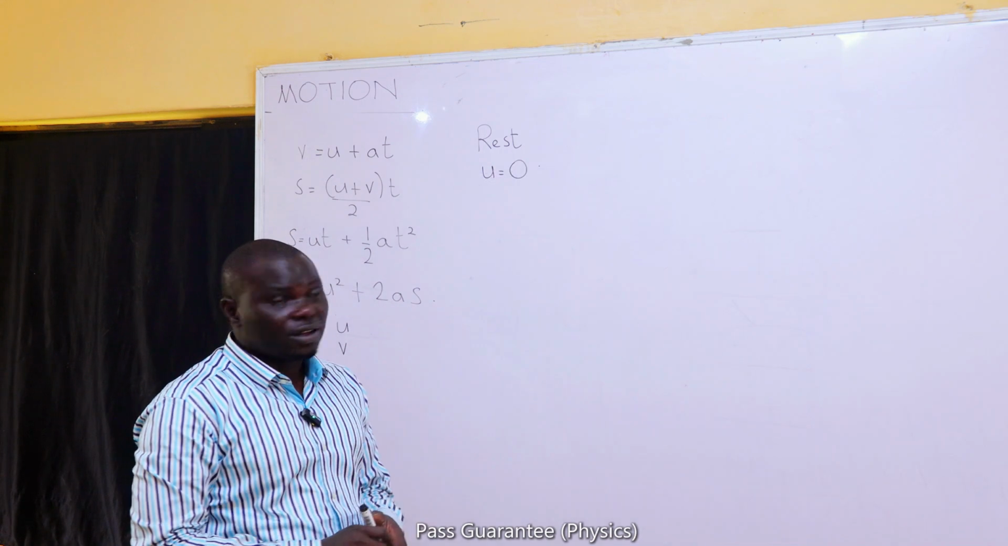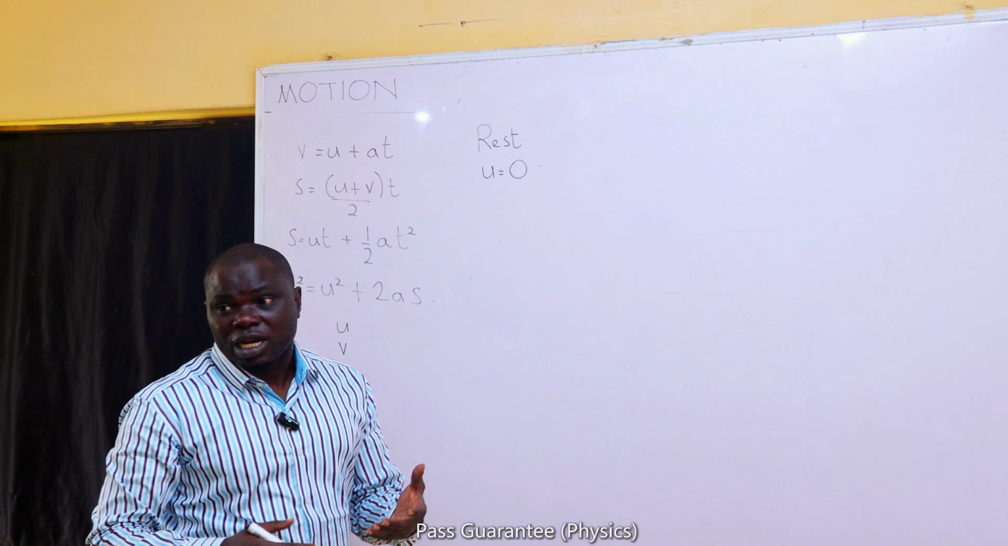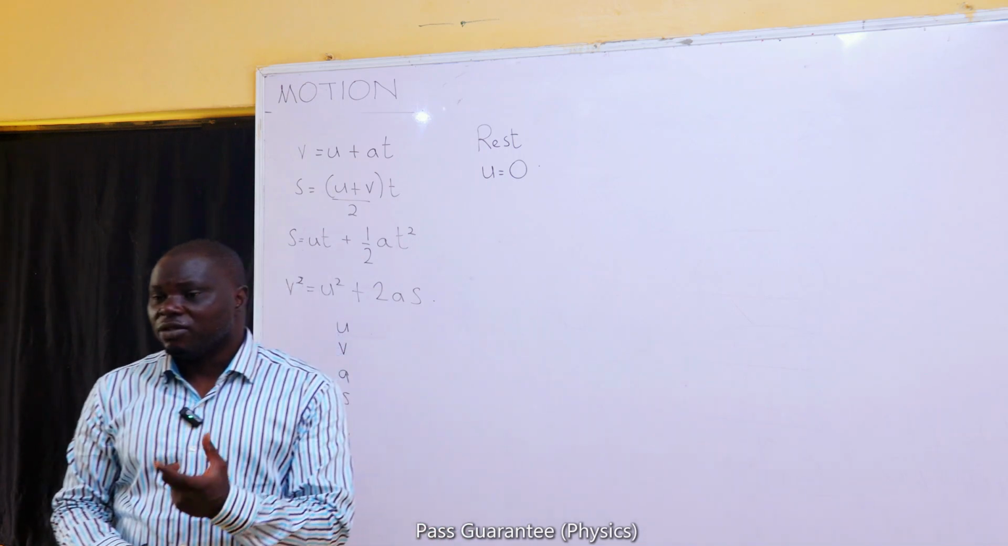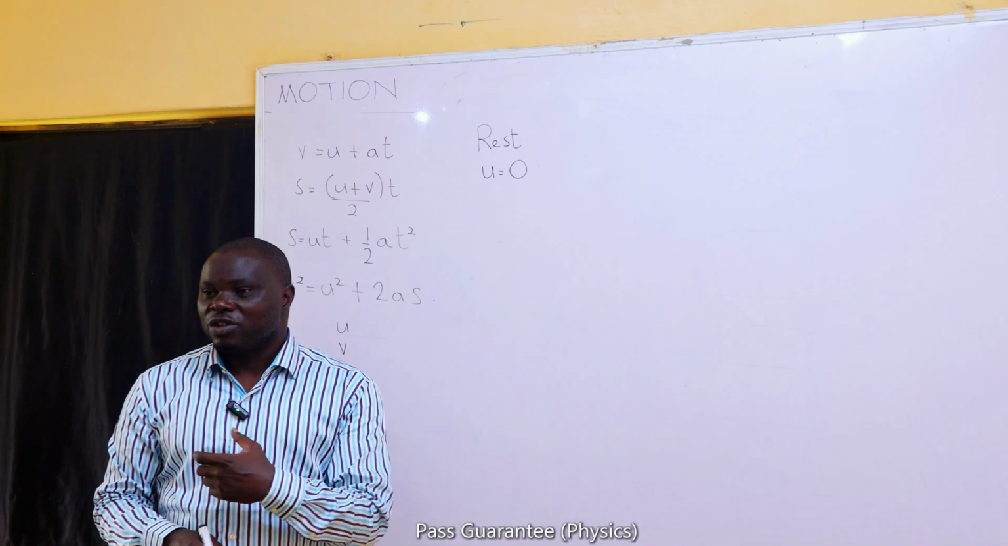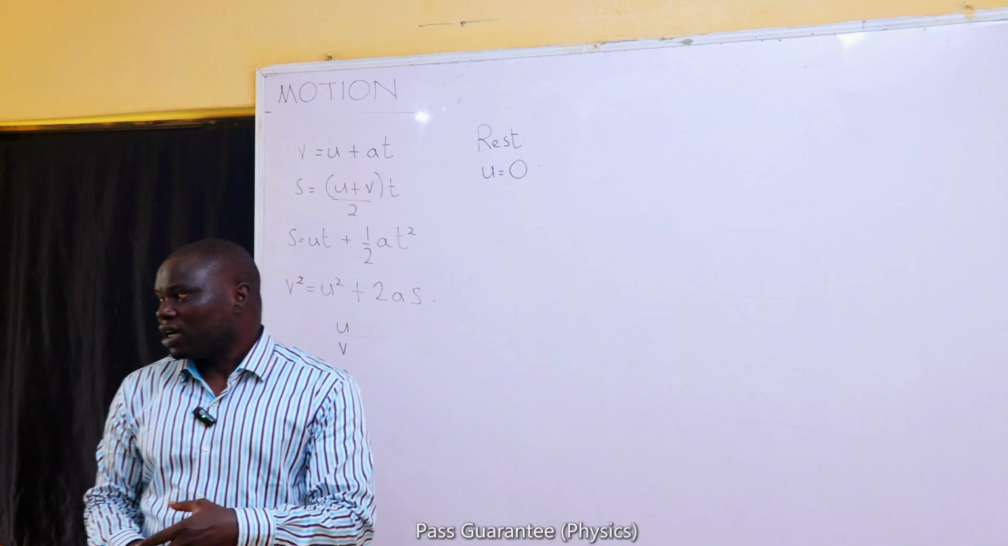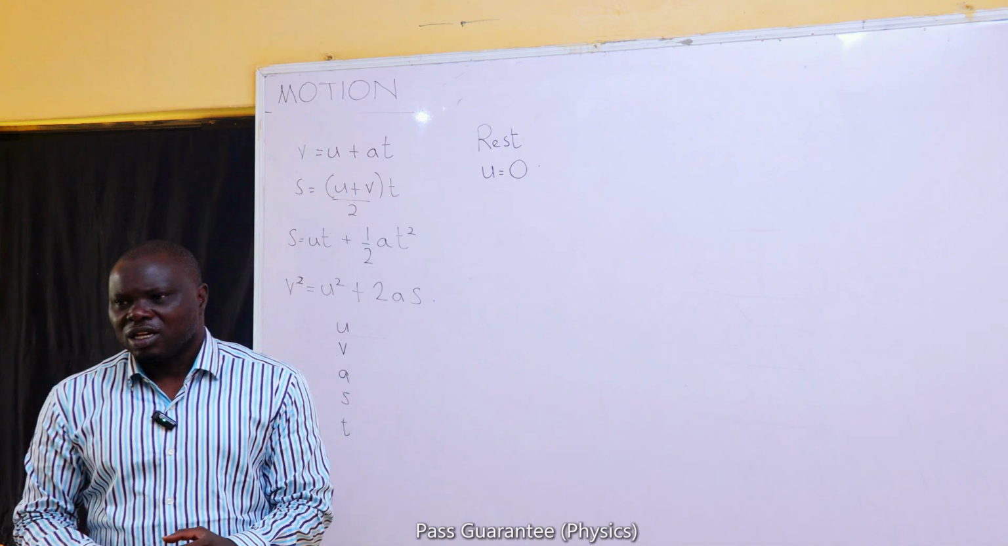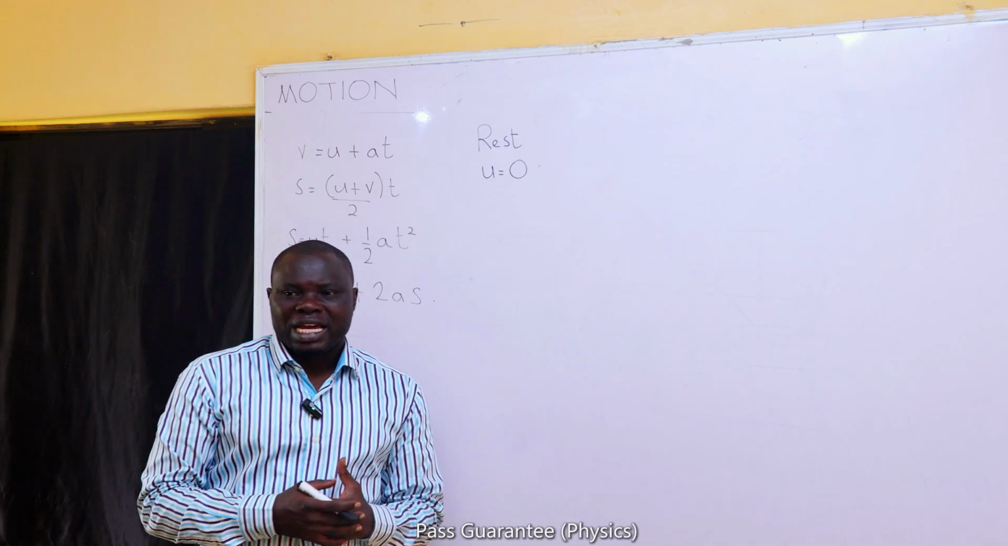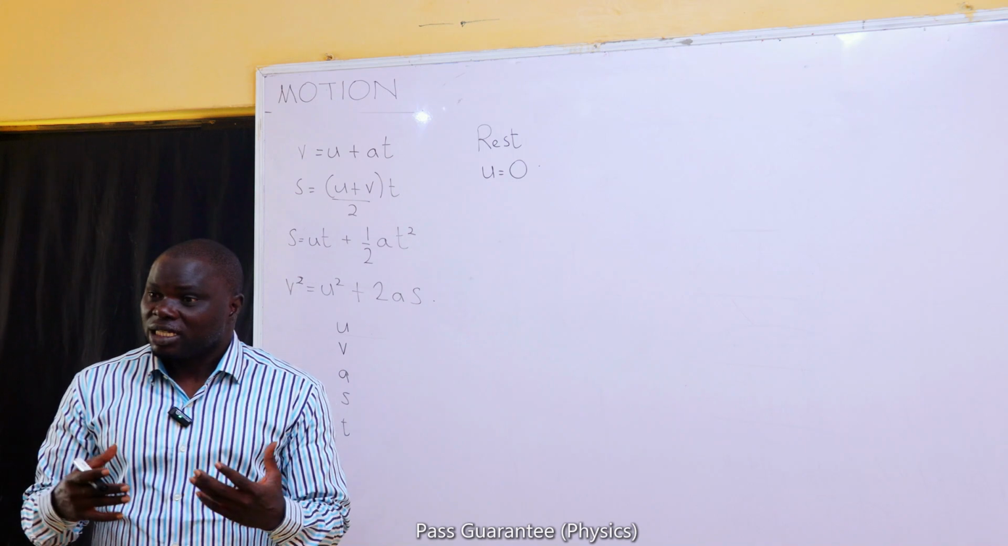Most specifically, its velocity is 0 because you are not moving. It is only when you move that you have a velocity. It is only when you move that you can have speed. When you are not moving, you are not having speed, you are not having velocity. So now that we know that an object is at rest,